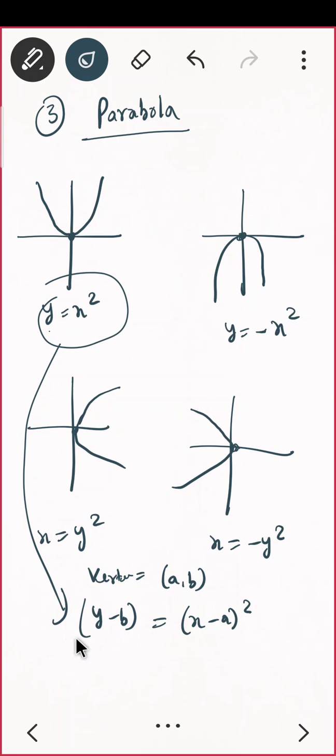You don't require the focus actually to solve the parabola, to draw the parabola, because this focus is here but the parabola is here, so you require only 3 points. One point here, one is the vertex, one point here, then you can quickly draw the parabola.